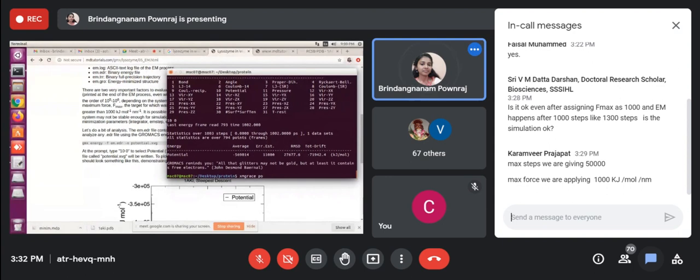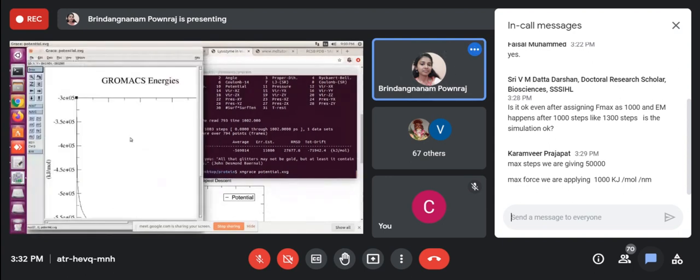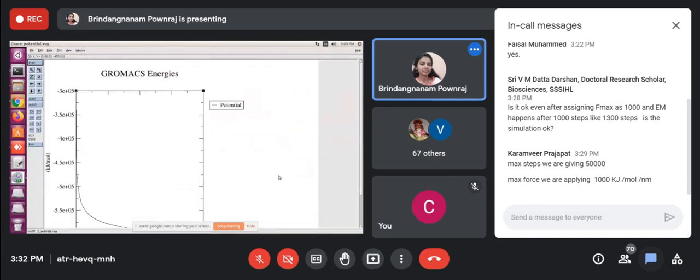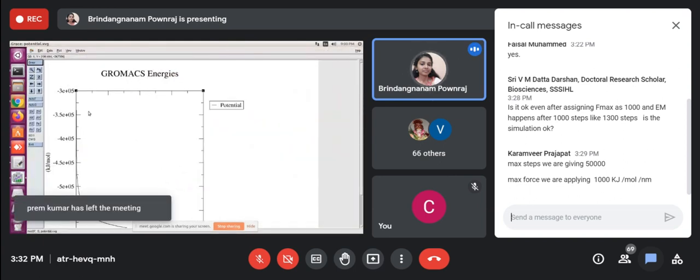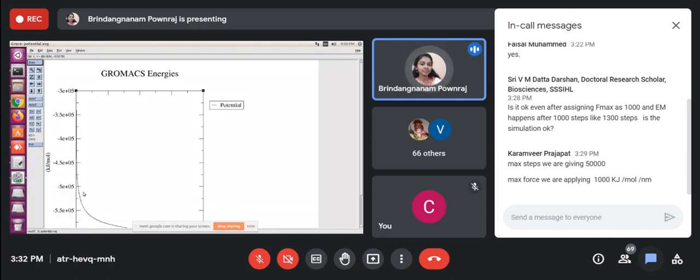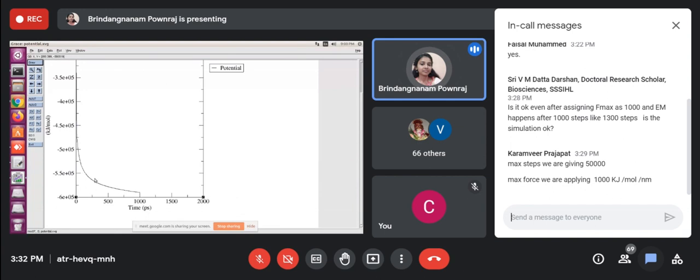So to visualize, as I told, you have to install XMGrace, then xmgrace potential.xvg. If you see, initially my protein was this much, minus 3.5 only. So throughout that energy minimization, it slowly came down. You can see here it came down.